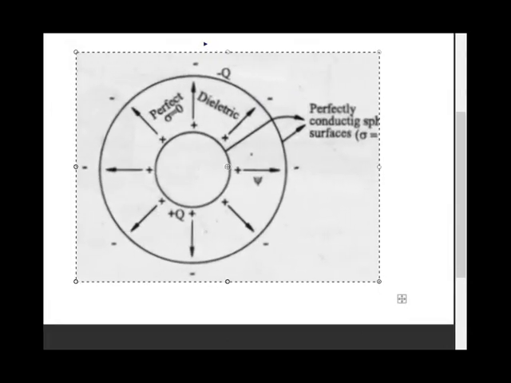So Faraday took two spherical metallic conductors of sphere shape. Then he mounted the smaller conducting surface within the bigger conducting surface, and both are concentric,